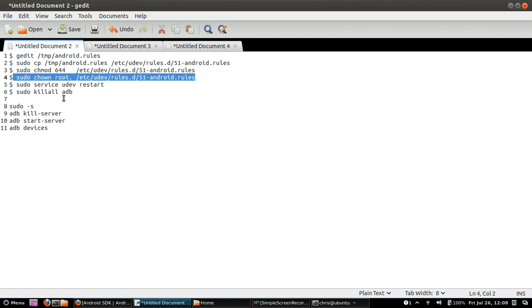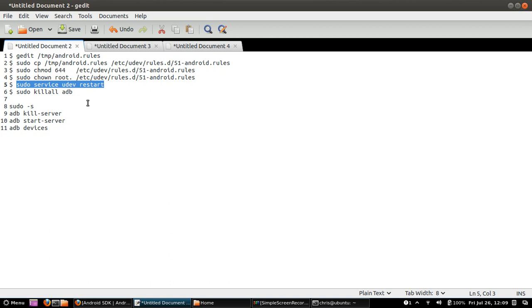So you're going to run that command there, and that will change the owner to root in order to get everything correctly run. Next thing we're going to do is actually restart the udev service with basically this command right here. This will restart the service in order for the new rules, the new file, to be picked up and actually running. Anytime you make any changes to a service file in Linux, you'll actually want to restart the services